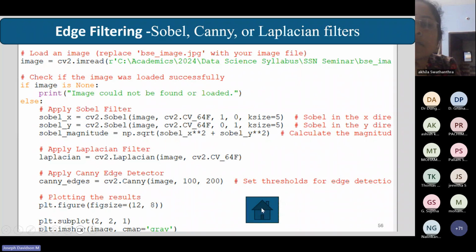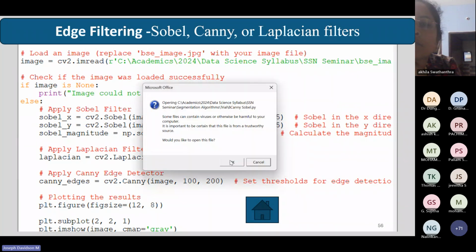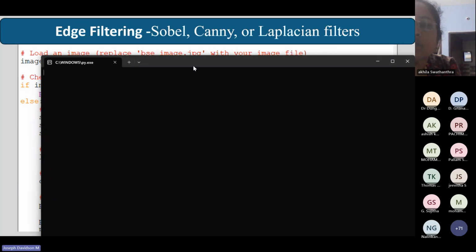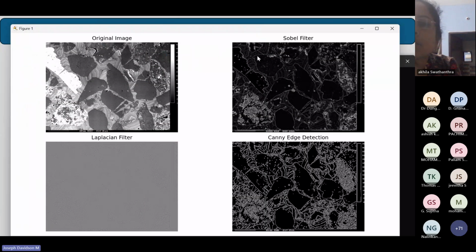So I have a small code to test this process. We have the original image on the left-hand side, and we have the Sobel filter. It clearly identifies the edge. You will appreciate we are able to see the boundary, right? All other things it gives in the same color, but only the boundary is slightly white in color. A slightly different algorithm is the Canny edge detection algorithm, which gives still brighter images with the intensity variation very clearly marked.